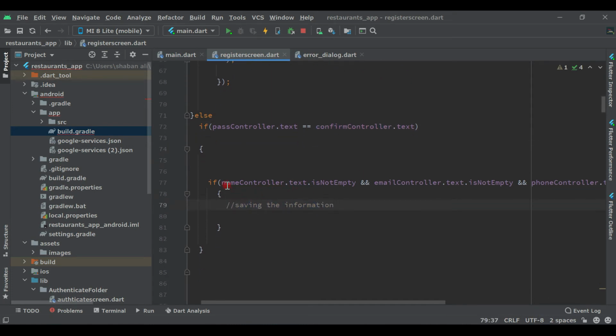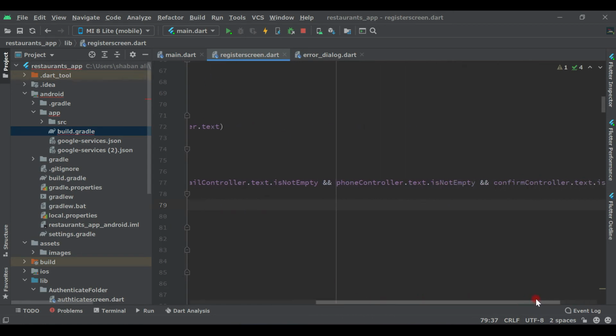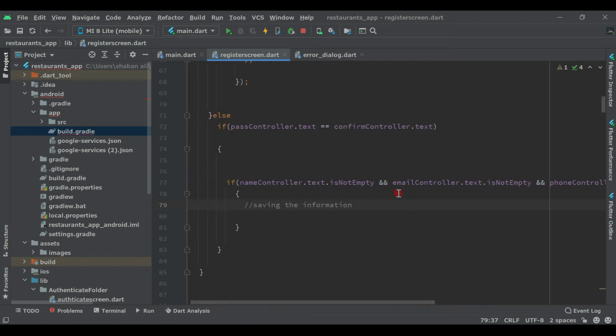And in this same condition we are giving another condition: if name, email, phone and confirm password are not empty in the field, the user has already filled them, so we are saving data. So yeah, we are saving data here, or else